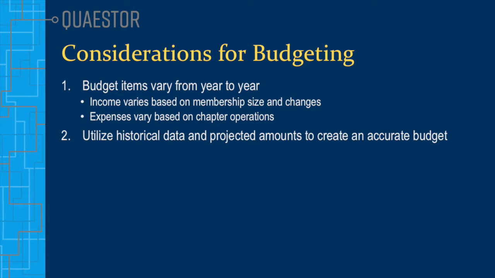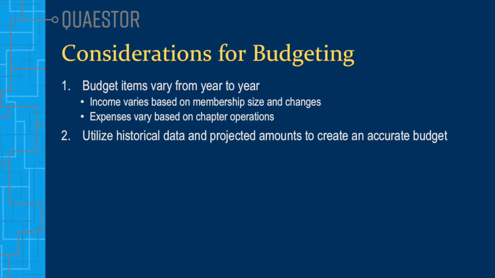It is best to use both historical data and projected amounts for both your income and expenses to create an accurate budget. Although some budget items will change, there are items you can use historical data for. An example would be utility payments if your chapter has a house. You can use previous utility bills to make estimates of what utility costs will be in the current year. For the purpose of this example, keep in mind that a utility, such as an electric bill, may fluctuate throughout the year. Be mindful of those fluctuations, whether for a utility per our example, or any other budget item that may have fluctuations in income or cost.